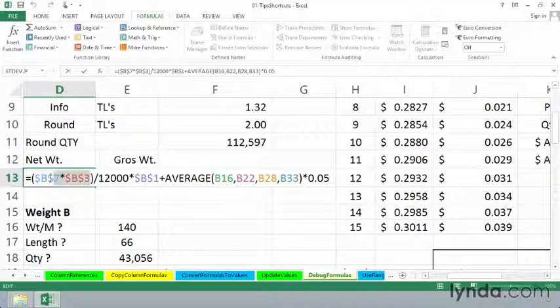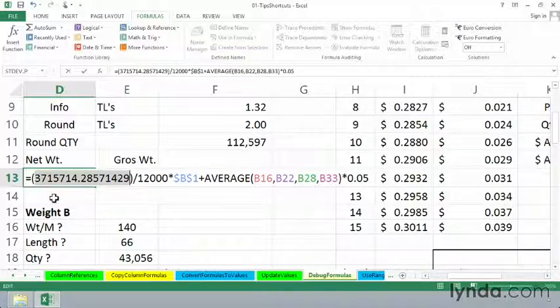Now, I'm going to highlight this chunk right here and then press F9. And we see what that's equal to. Maybe that's not very helpful just yet. So we'll then take that amount, divide it by the 12,000, and highlight this portion of it. Now when you do this, you want to make sure that you're highlighting what would constitute by itself a valid